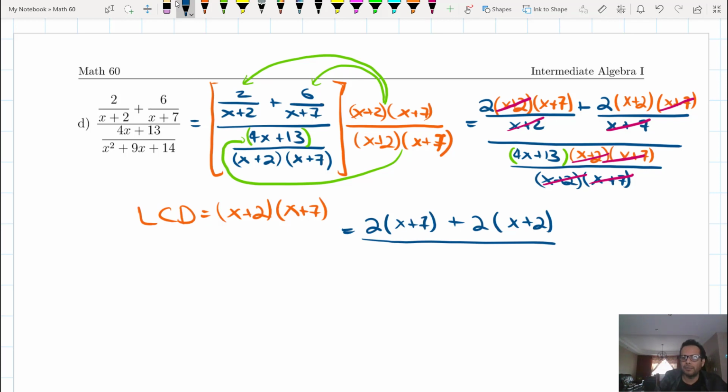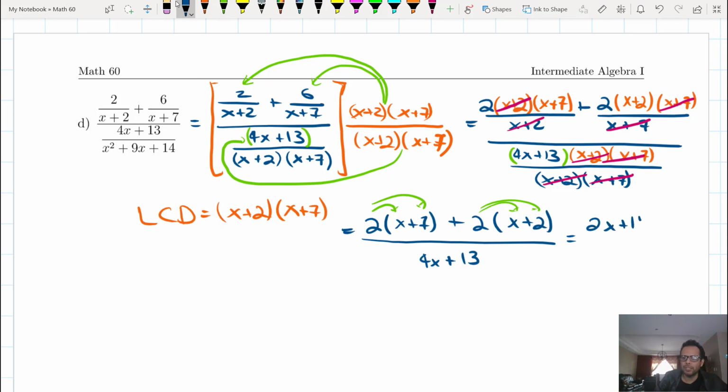And that gets divided by the quantity, only as whole, 4x plus 13. Nothing else survives in the denominator other than the 4x plus 13. So the next step, distribute the 2 over the first set of parentheses and do the same for the second term, leaving us with